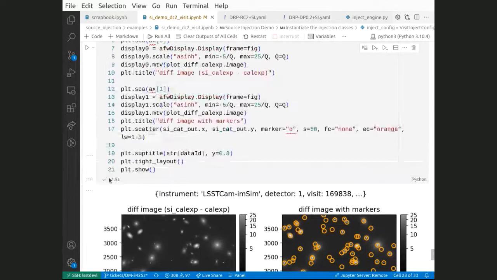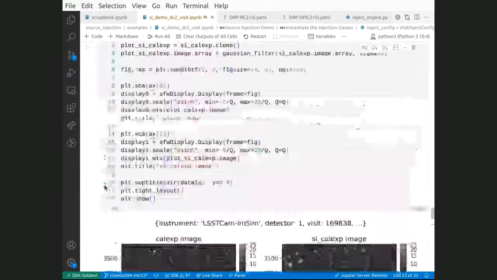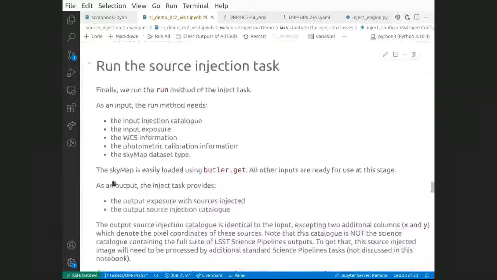At the bottom of each of these cells is recorded the time it took to run these cells. So they're all typically 1 second, 2 seconds. I think the largest time sink was the actual injection itself, which